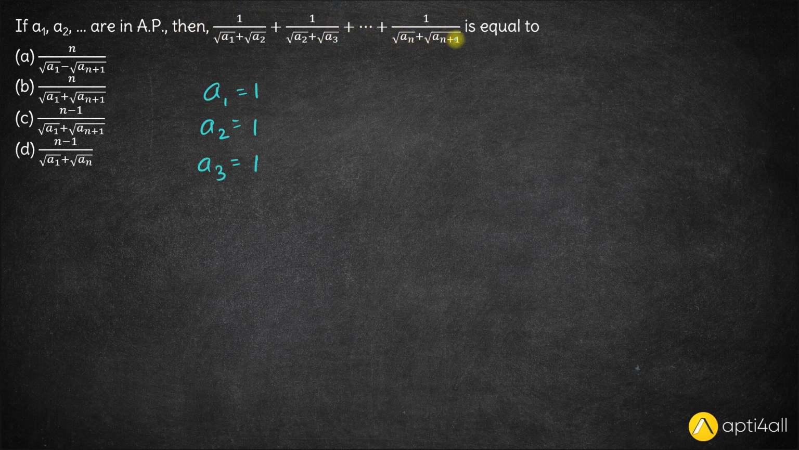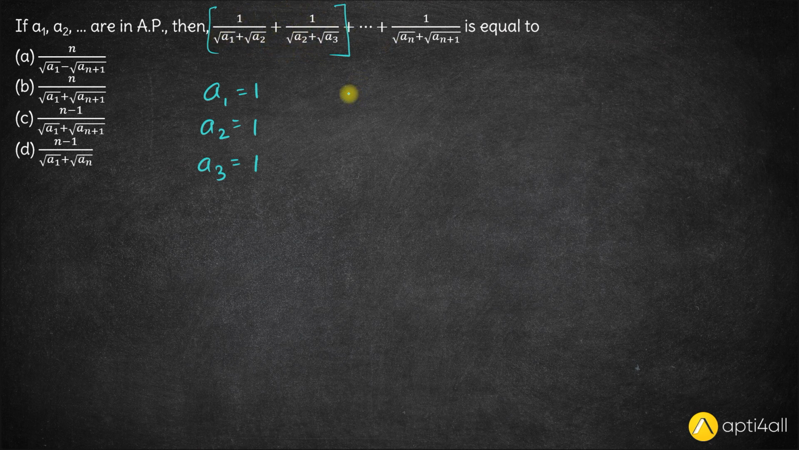So the highest term in this whole expression is A of n plus 1, and A of n plus 1 should be equal to A of 3. That means n is equal to 2 here. So we will take the sum of only the first 2 terms. So if we have 3 terms in the AP, we will calculate the sum of first 2 terms only of